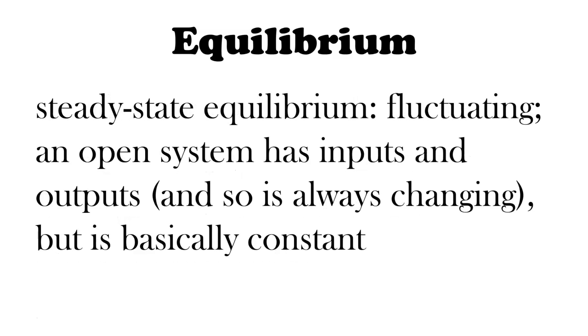So there are a couple different types of equilibrium that we're going to discuss. The first one here is steady state equilibrium. So you can think of this as fluctuating equilibrium. And basically this is a characteristic of open systems where there are continuous inputs and outputs of energy and matter, but the system as a whole remains in a more or less constant state. So it's always changing based on these inputs and outputs, but the equilibrium as a whole remains in a stable,